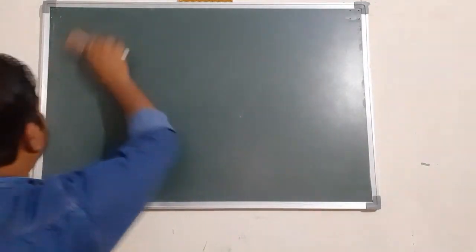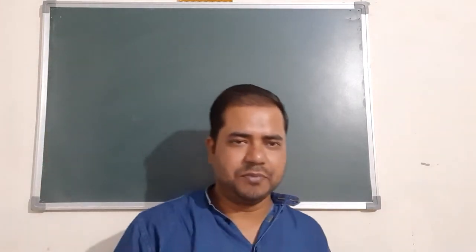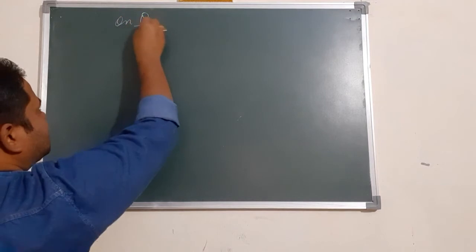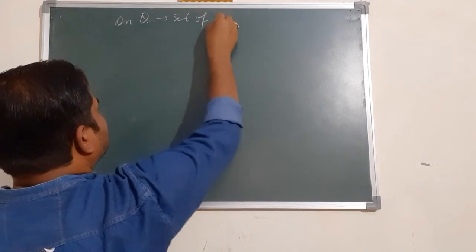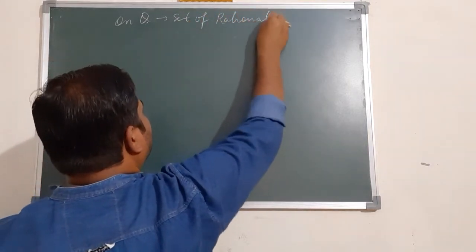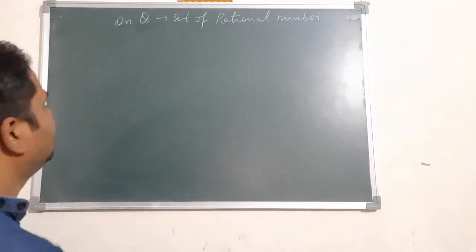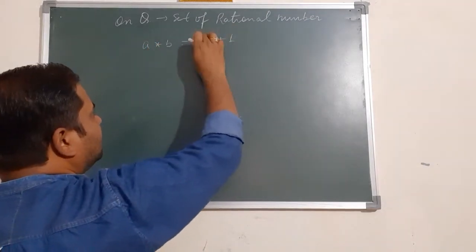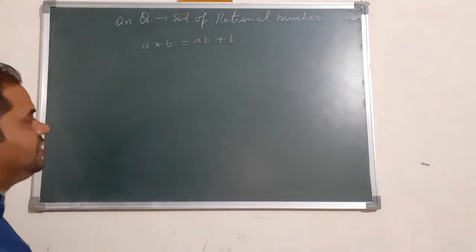So now the second one, on Q, that means the set of rational numbers. A star B is equal to AB plus 1 on Q. Q is what? The set of rational numbers. So if we talk about the set of rational numbers, A star B is defined as AB plus 1. I'm not going to solve it with an example, but directly you can see here, A star B is AB plus 1. So for each A, B,